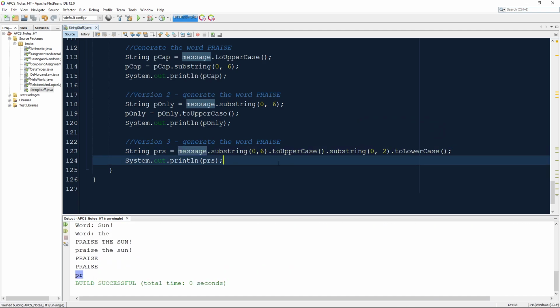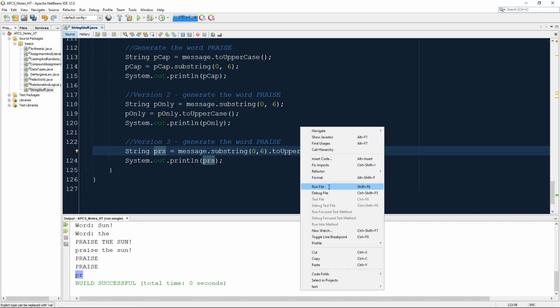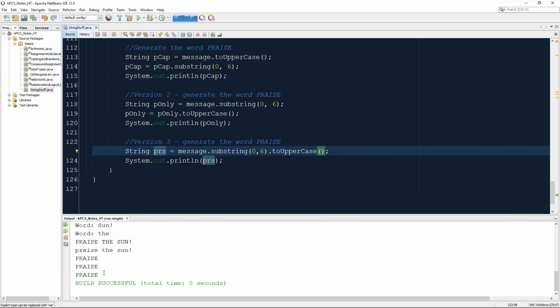So I would say that chaining is a pretty reasonable thing to do, but you don't want to overdo it. This is terrible. First of all, it doesn't make a lot of sense to uppercase something if you're going to lowercase it anyway. But generally speaking, you don't want to overdo it. But I do want to point out that it is convenient to do this. So I'm just going to leave this how it was. And so these are 3 ways of getting the same exact string. We're using these variables together